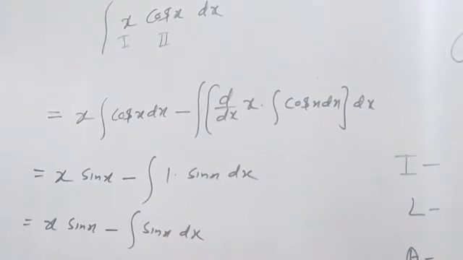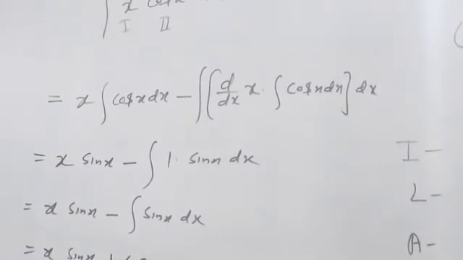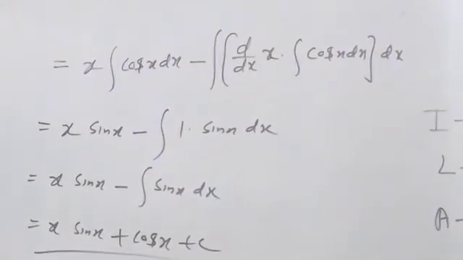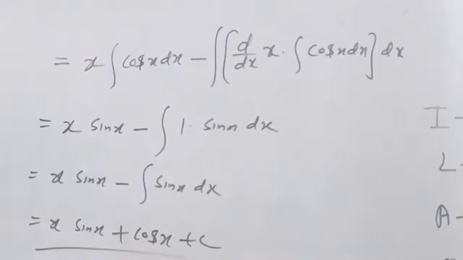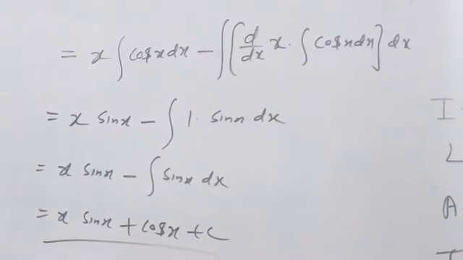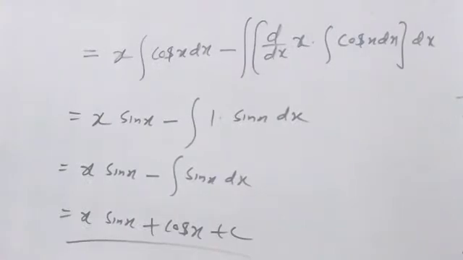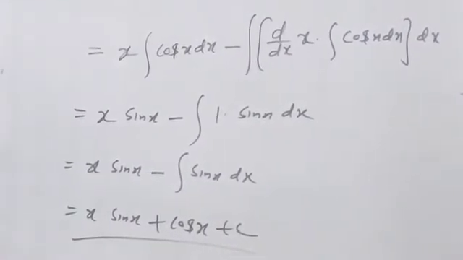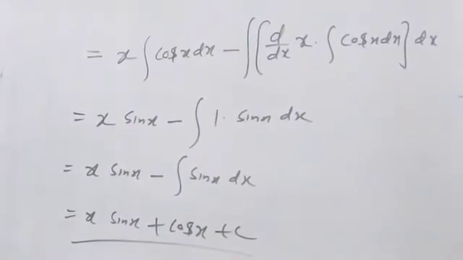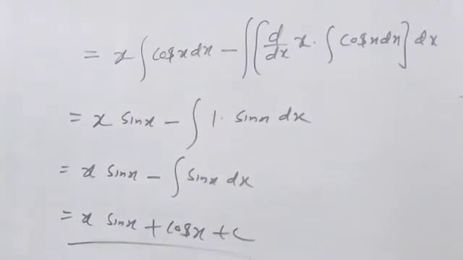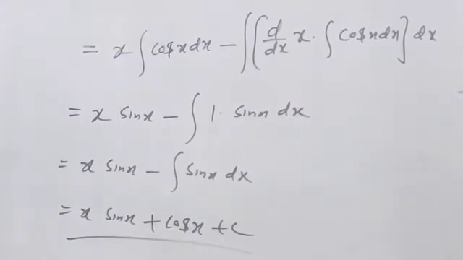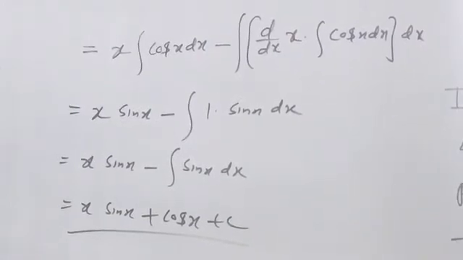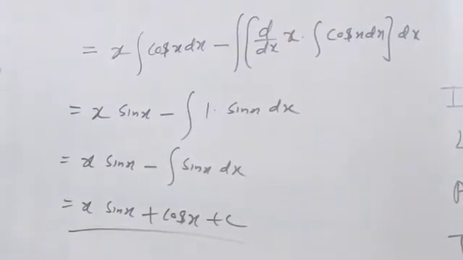Now I am going to put it in the formula. Leaving first, meaning leaving x, integration of cos x dx, minus whole integration of differentiation of x into integration of cos x. Then x into integration of cos means sin x, minus differentiation of x is 1, integration of cos x means sin x. Now what is the integration of sin x? Sin means minus cos. Already minus sign here. Then minus plus. Total answer is x sin x plus cos x plus c.